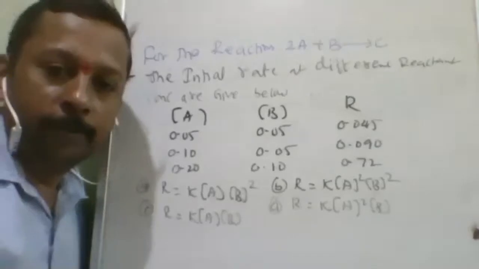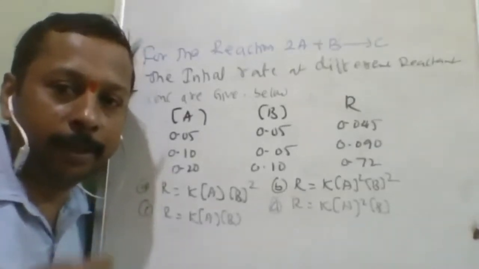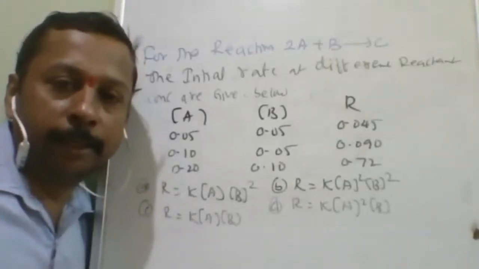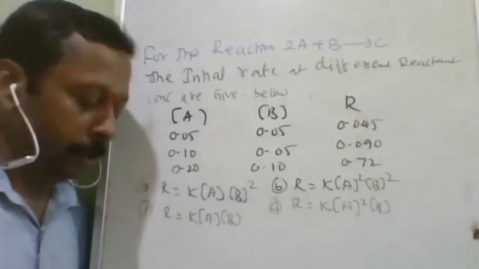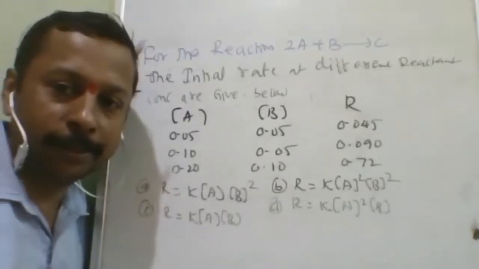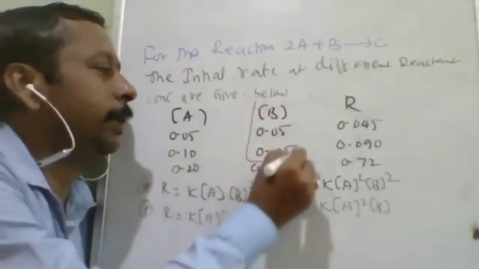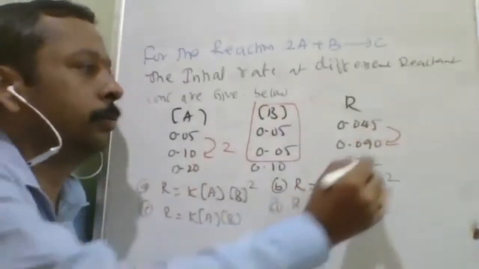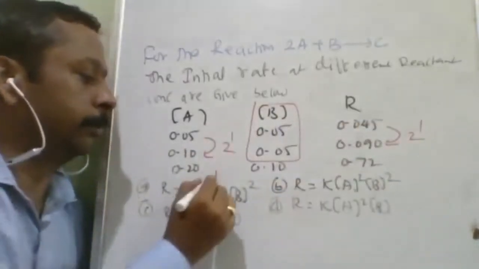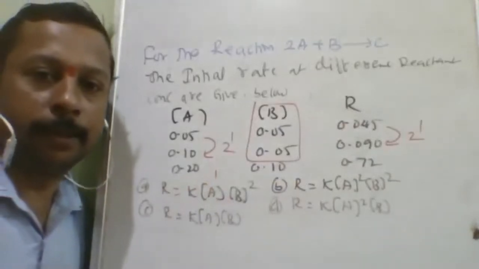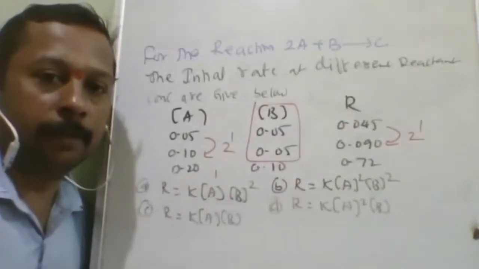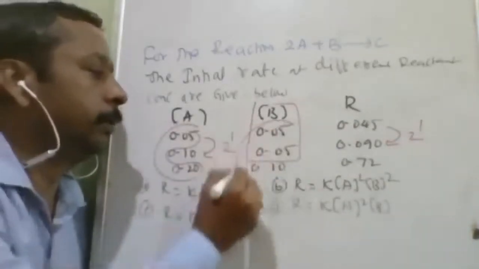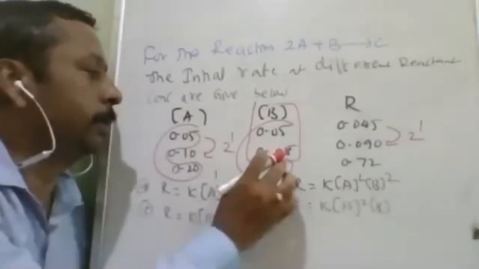Now I will give you a trick, without using any formulas or table. You can simply answer, just by a glance. See, if B is constant, how many times does A change? 2 times. So this is also 2 times: 2 to the power of 1, A to the power of 1. Now I will select this one and this one. If your selection is proper.